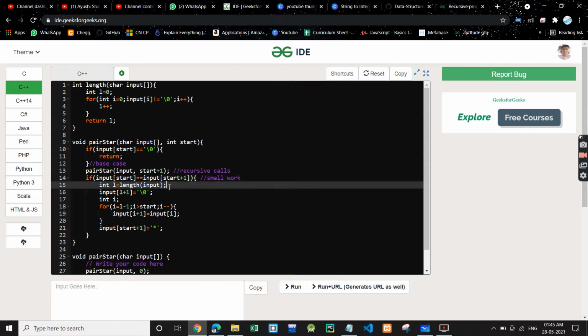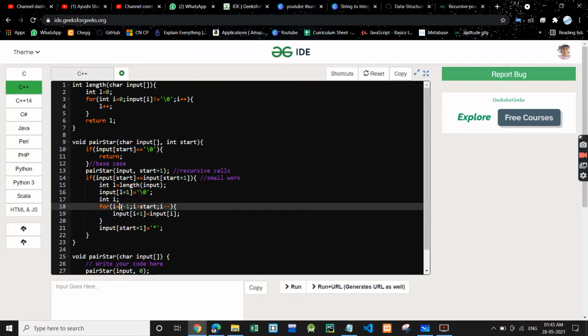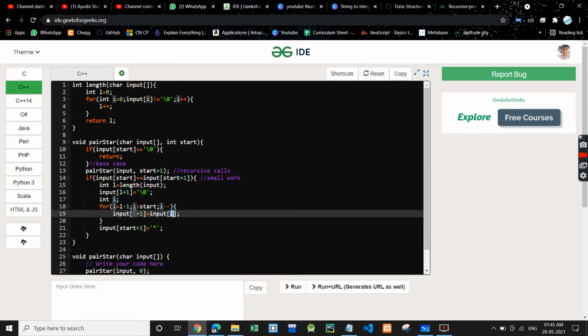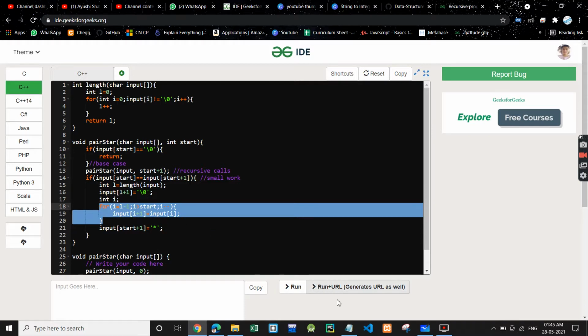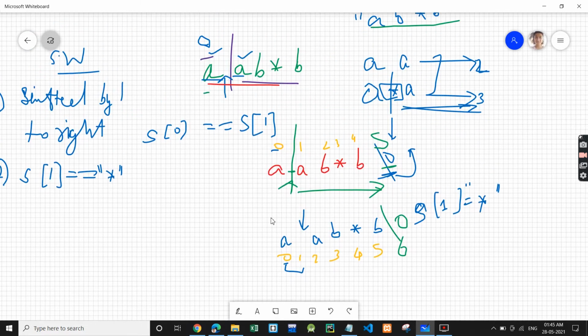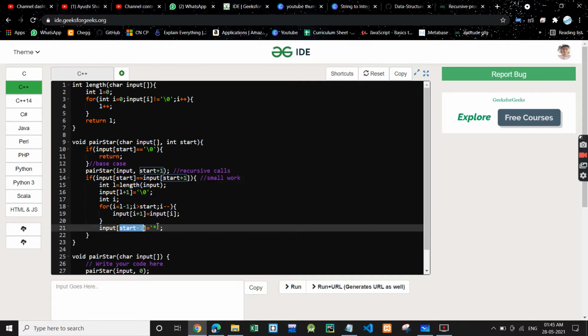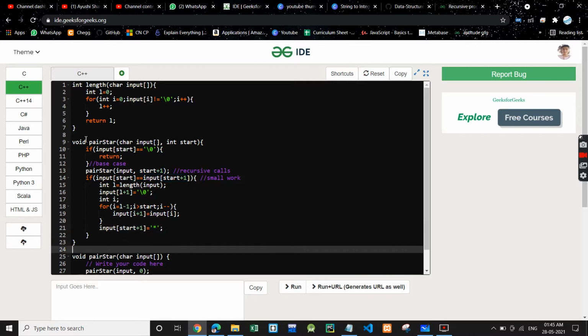We calculate the length, and at length plus 1 we first place the null character, and then we start from the back and shift one character at a time. So whatever is at the ith index will go to i plus 1. After this loop the position will be empty, like over here the position became empty. So at start plus 1, we just place the star, and that's all.